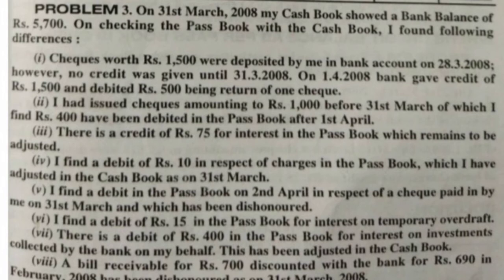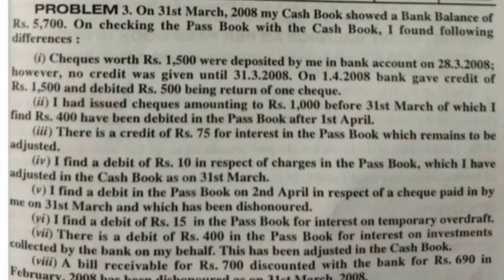Since the passbook is showing reduced balance of 400 of actual income, therefore we need to again reduce rupees 400 from the passbook. So 400 of rectification and 400 of interest income. Total comes to 800. We need to reduce from the BRS, that is, from the balance as per cash book, we need to reduce rupees 800. Are you getting? Yes. Okay.